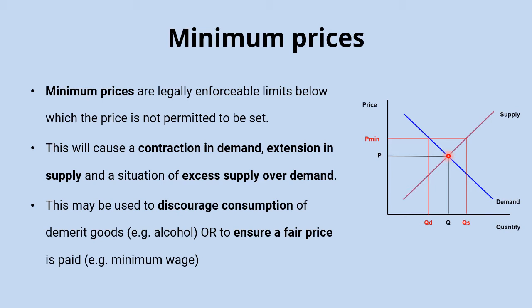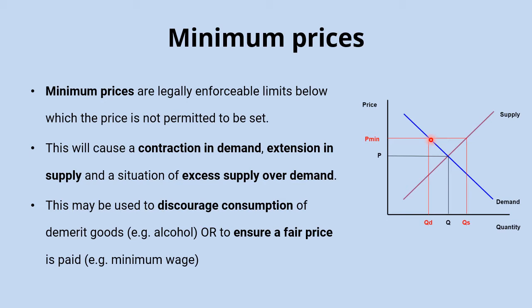Now, there's a couple of contrasting situations in which you might use a minimum price. So the first of those is to discourage consumption of the demerit goods. And so with that, you're trying to achieve the contraction in the quantity demanded. So maybe if you put in place a minimum price for alcohol, the goal of the policy is to get that contraction in quantity demanded to reduce the overconsumption of those demerit goods and to correct that market failure in